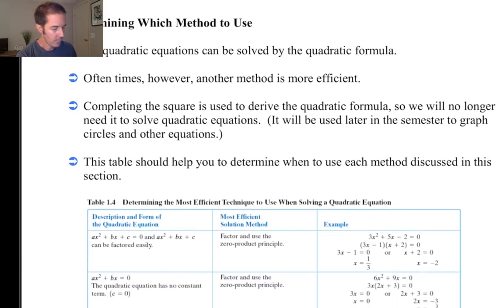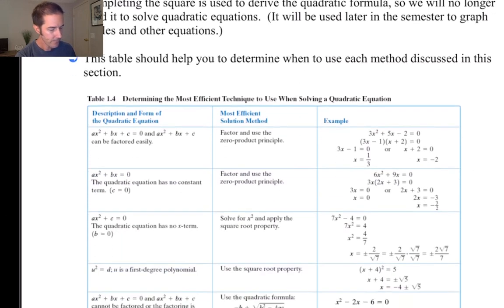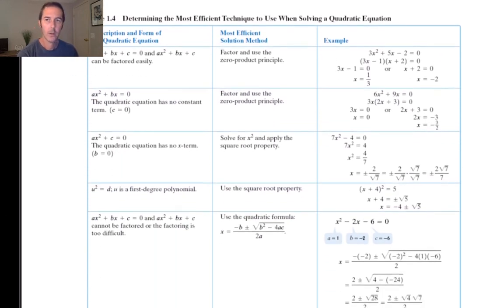Determining which method to use, you should read through this. With experience, you'll be able to do those couple of preliminary steps on your quadratic equations so that it's equal to 0, and then you'll be able to decide what to do. I highly recommend looking through this table because